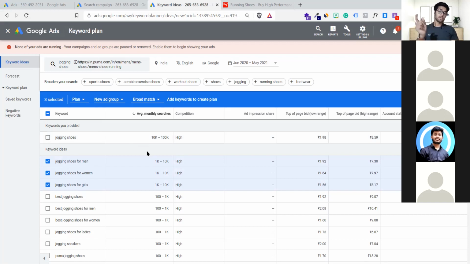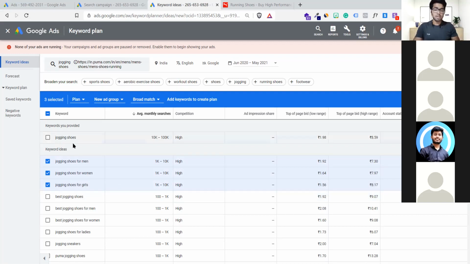But what do you think? Those who are searching for jogging shoes, or those who are very specific like this, jogging shoes for men, women, girls, who are pretty much into buying? The first one or the rest of the three? What do you think? The rest three, because we often say these are the intended audiences. What is your intention? By reading the text, you have to understand what's the intention of the buying right now.